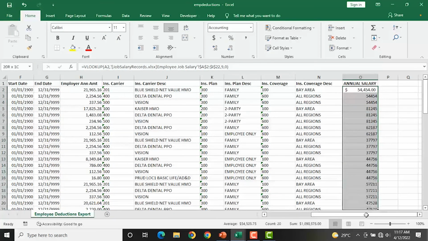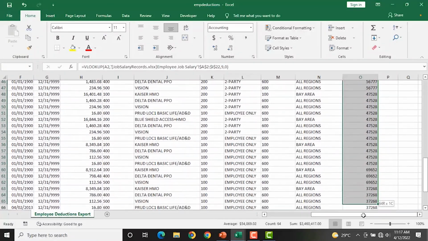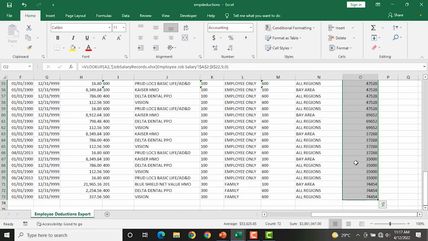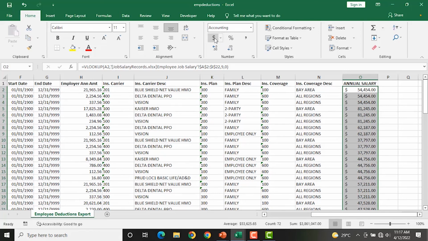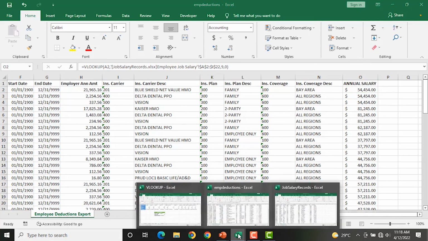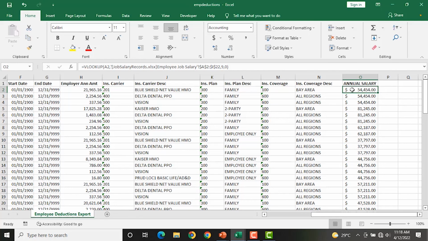the VLOOKUP. Okay, so let me format this in a dollar sign. So I'll add my dollar sign to it, $54,454,000. Okay, so what VLOOKUP does is that it goes to the other table that has the salary and pulls the salary down into this table with the help of our VLOOKUP. All right, so basically that is how you can use the VLOOKUP. Feel free to practice this using any worksheet that you need to get information without scrolling down to check that